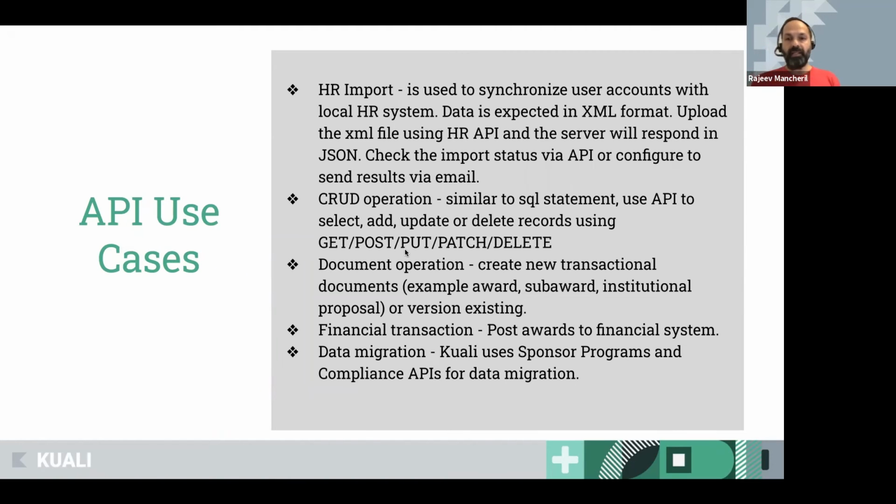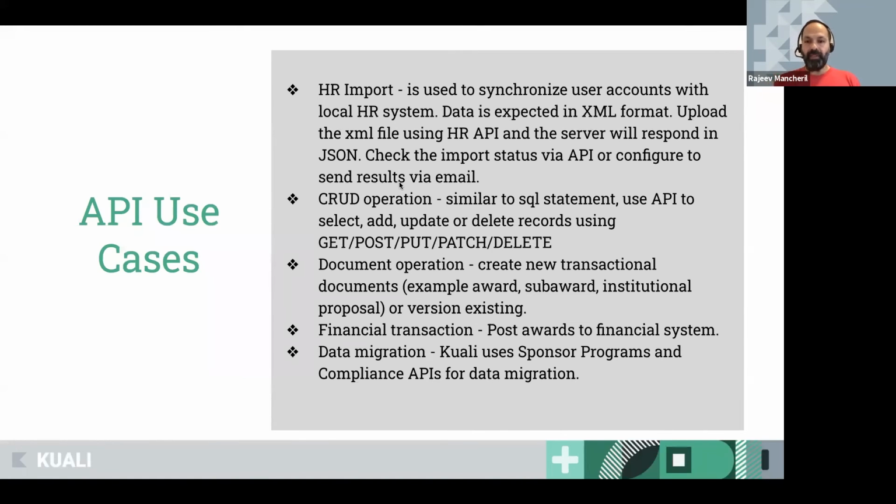As I said, the data is expected in XML format. I'll show you an example of that in the next slide, probably. You can upload that XML file, and the response will be in a JSON format. You can use the API endpoints to check the status, and there's also an option to configure an email, which will trigger an email once the process is complete.